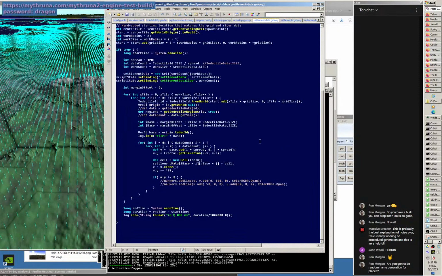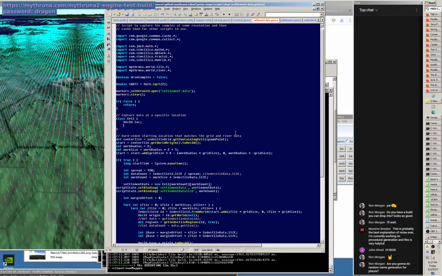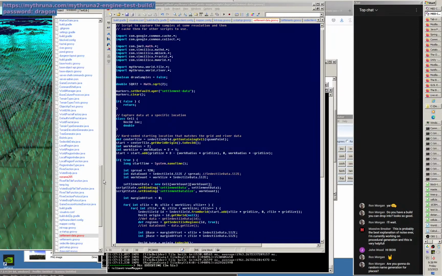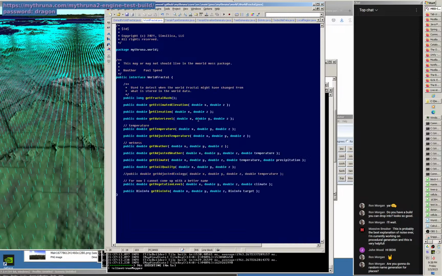So we build these cells. We can sample different things about the cell, just like we did for the Sodectile data. So let's say we wanted to know, well, let's look at what bioinfo collects, because we'll probably just want to grab everything. Let's see, what are the different things we can ask for about the fractal? We can ask for all these different things. In fact, I believe World Fractal has a method to ask for the bioinfo. Yeah, so let's just do that,